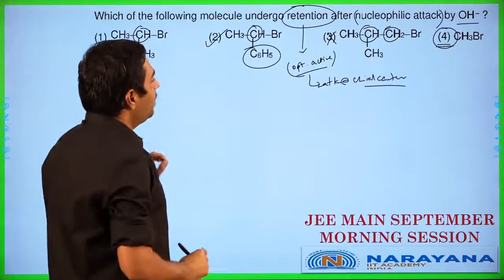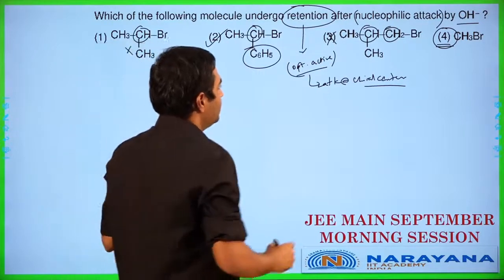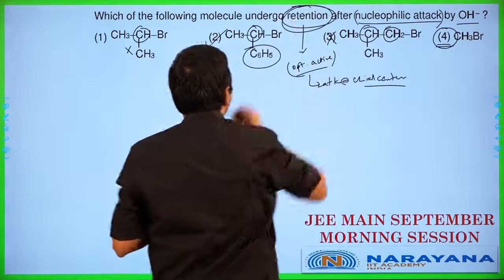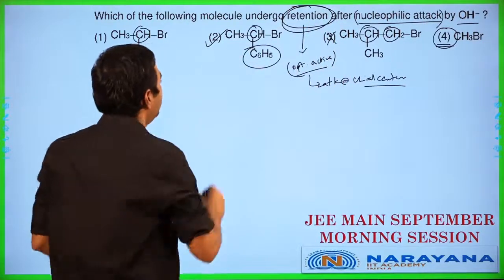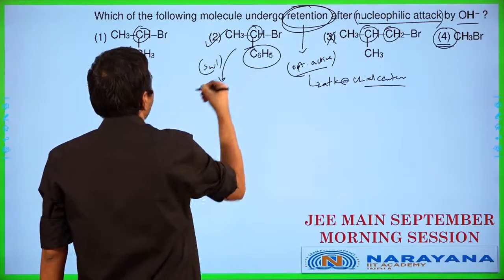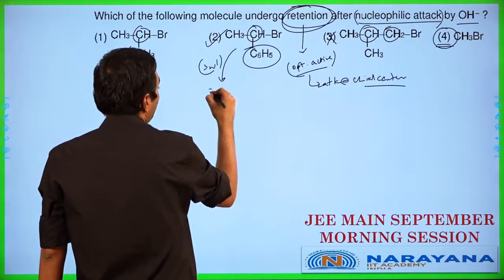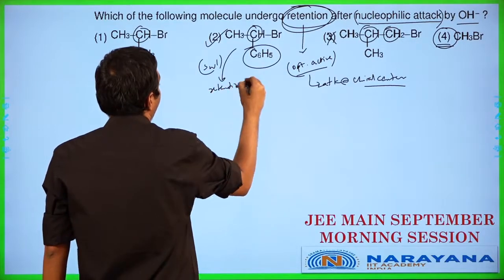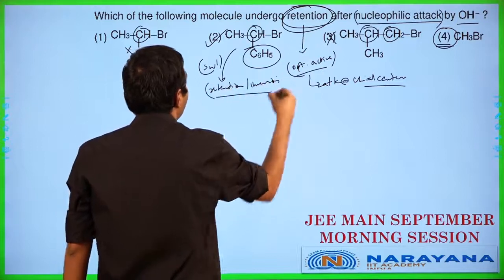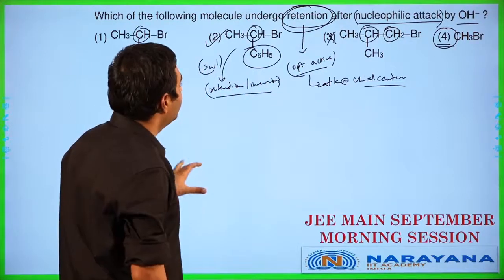Now, there is one small issue here in this question. In this case here, after nucleophilic attack by OH minus, this retention part over here is not necessarily going to be the only possibility here. So here you will end up having most probably SN1 attack happening here, which will result in both retention and inversion. So my expectation is that there is something which is going to be wrong with the option given over here.